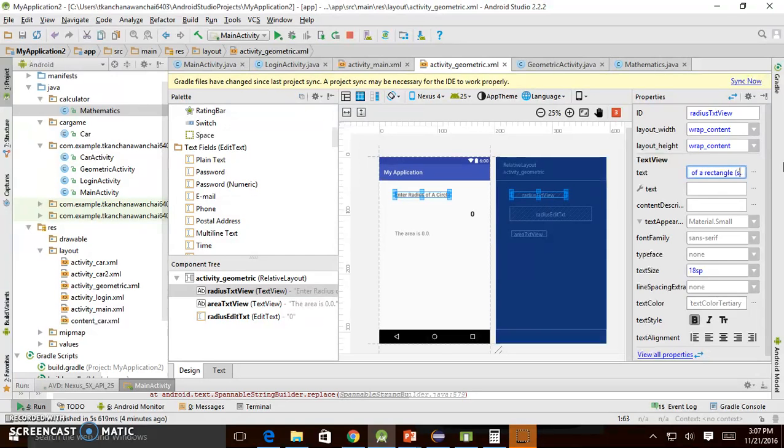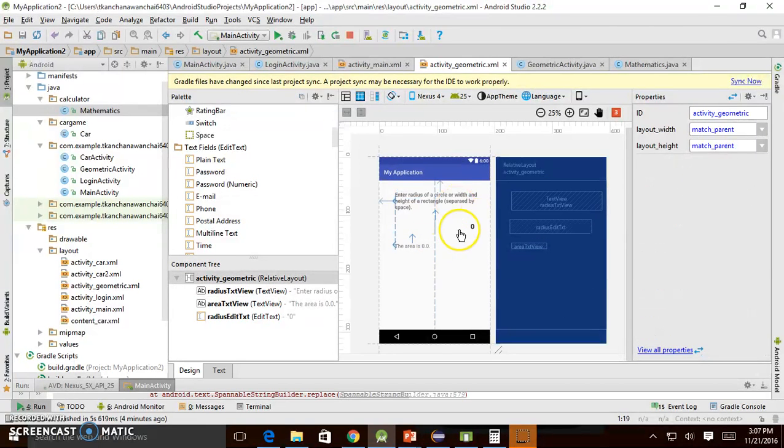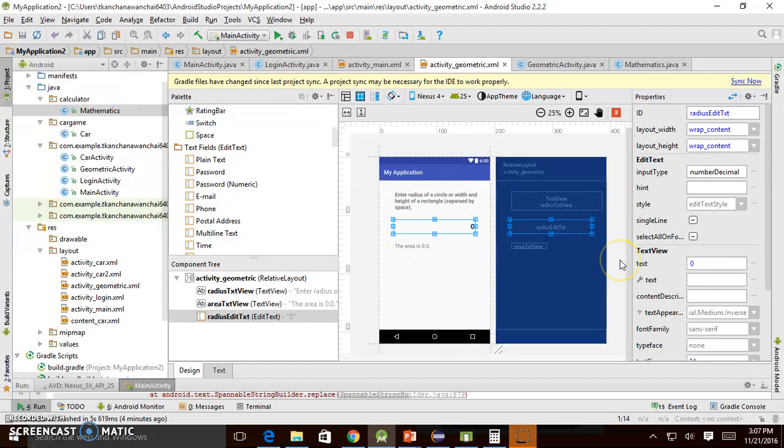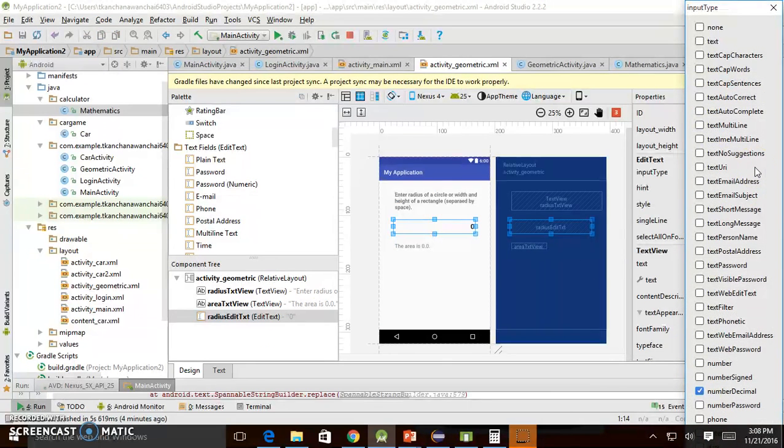And this one has to be separated. So you need to just tell the user by comma if you want, right, or space, right? Okay, so we use one text field, right? Now this one cannot be the number type anymore, right? Input type has to be text now, right? Okay,